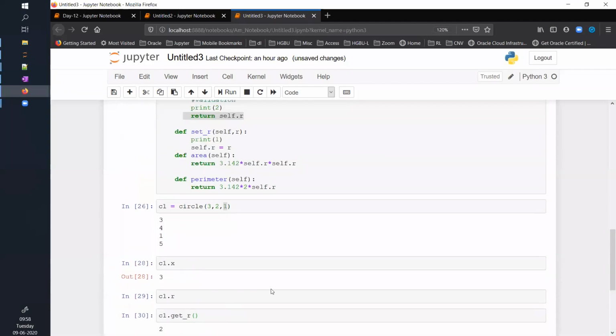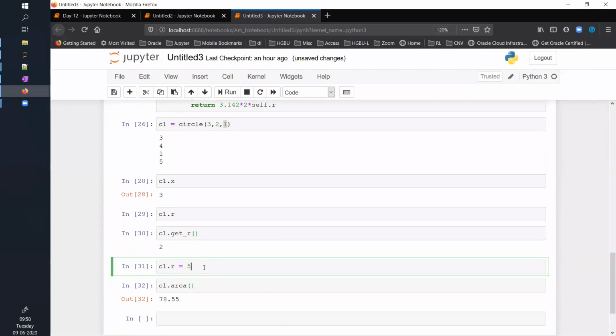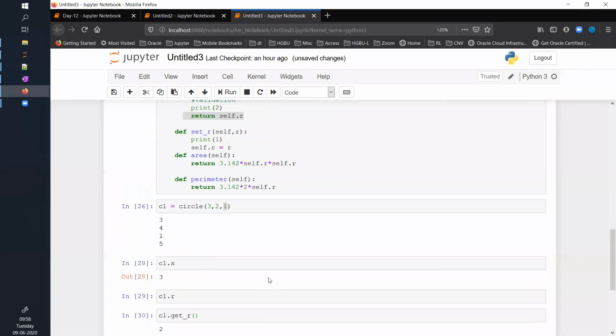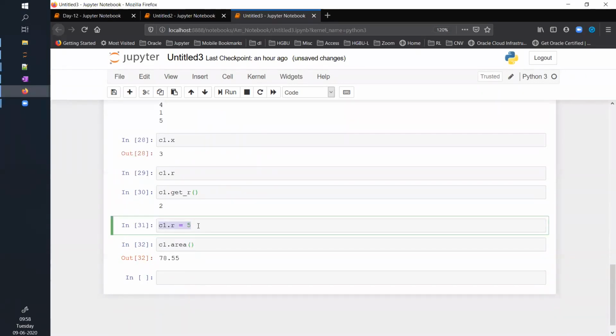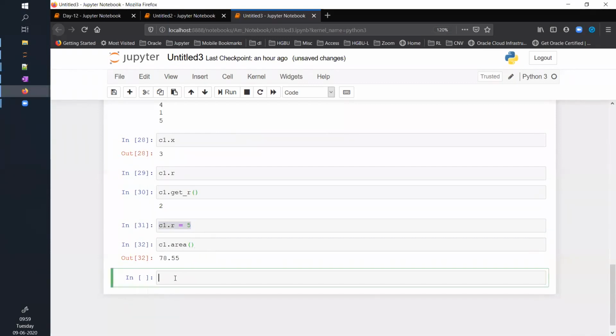Okay, anyways, C1 dot R will be able to set the value. I will discuss that later, like how to handle that, because this C1 dot R is still allowed. You need to make it private, and we have not discussed private and everything yet. But the idea here is, ignore this example that I gave you. I have not made it private or anything right now. That's why I was able to set it. But the whole idea is to set the values.